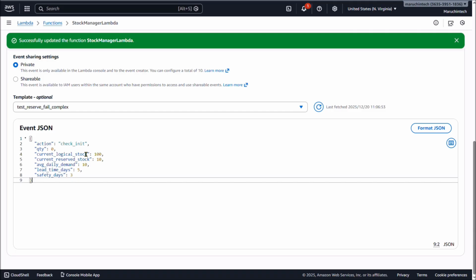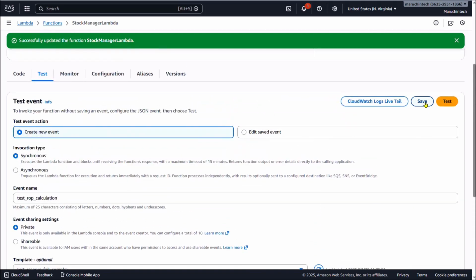a check init, and the quantity is 0, the logical stock is 100, and the reserved stock is 10. The average daily demand is 10. The lead time days is 5, and the safety stock is 3. And we will confirm only if the calculation is performed correctly based on these values. So going up and clicking on the save